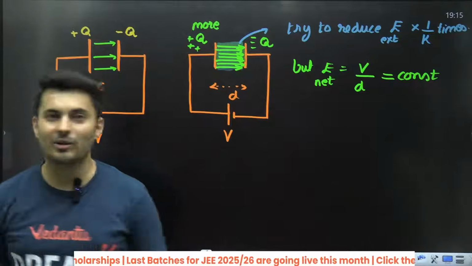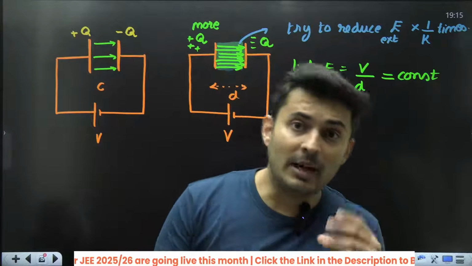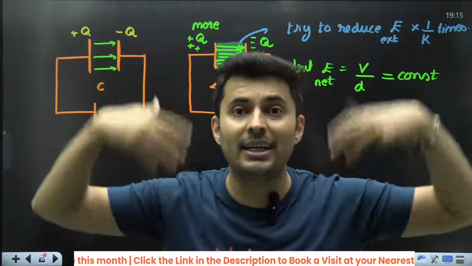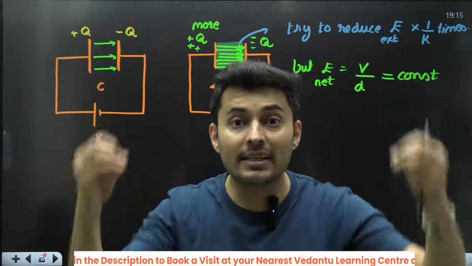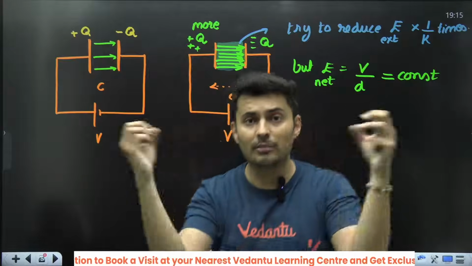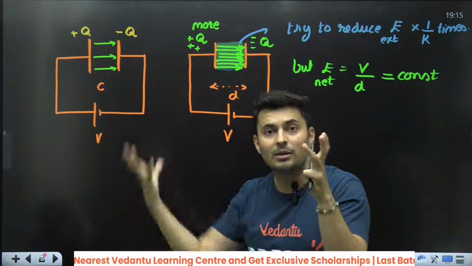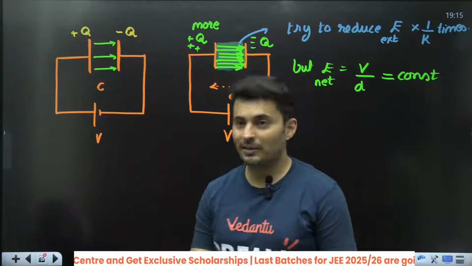What an interesting concept. So to maintain the same field and at the same time to reduce that external field k times, the charge stored on it increases. So the charge increase creates more external field between the plates, but because the medium is present, the effect is not felt at all.